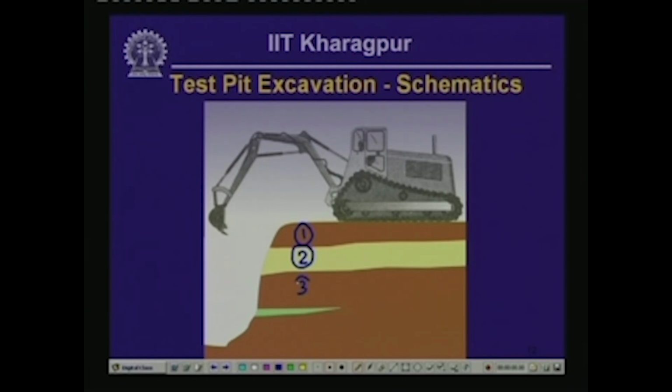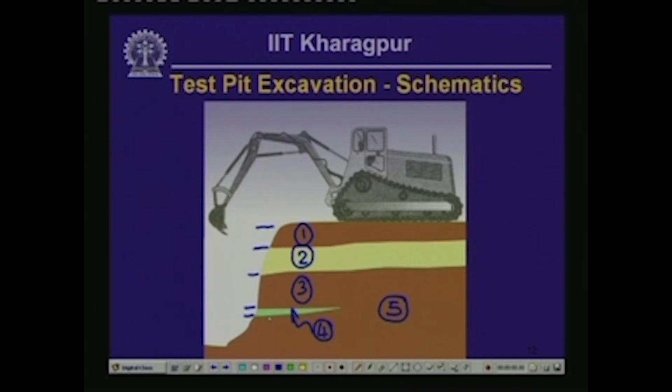Then it enters soil 3, and then we also have a lens of another type of soil, soil number 4, and we also have soil number 5 in this case. So, during the excavation process itself, you can see from what depth to what depth each type of soil is present,